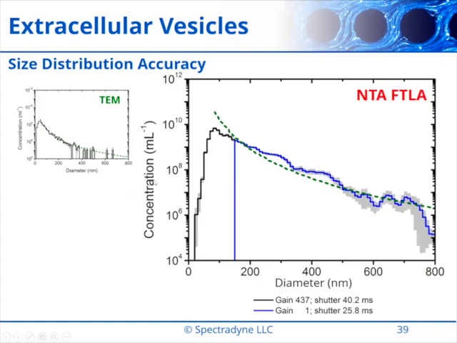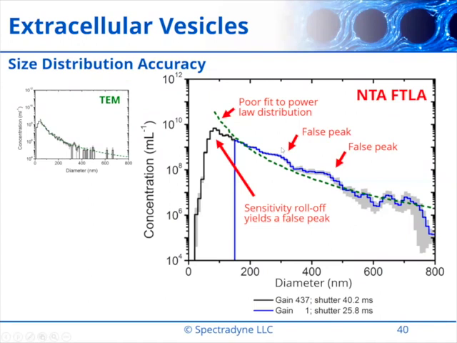Now we compare it to an NTA. This NTA plot is a bit more complex than the other ones I showed. In this case, 2 different gain settings are used to extend the range of that technology. In blue is 1 gain setting going up to 700 nanometers or so, and then at the higher gain setting, there's an attempt at least to extend the technology to a little bit below 100 nanometers. However, similar to what I showed with the protein aggregation example, the NTA tends to underreport the population of particles in the lowest size range. There are some oscillations or false peaks as you go to higher size range, and basically a poor fit to